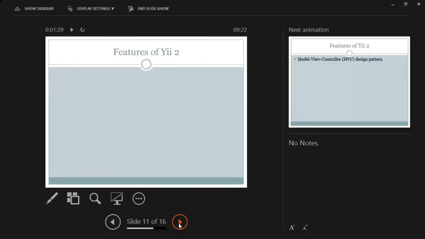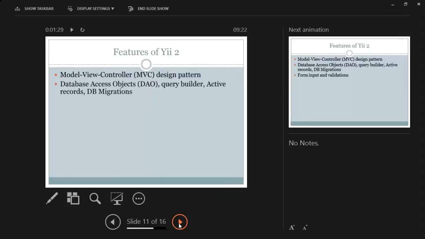So what are the features of Yii? Like I rightly pointed out in the previous slide, we have the MVC design pattern, so you have our model and view. It's separated in a way that gives us easy access and a better structure to our files. In Yii, there's DAO, which is the database access objects, and you all know what objects are. So when we have to communicate with our database, we have features such as the